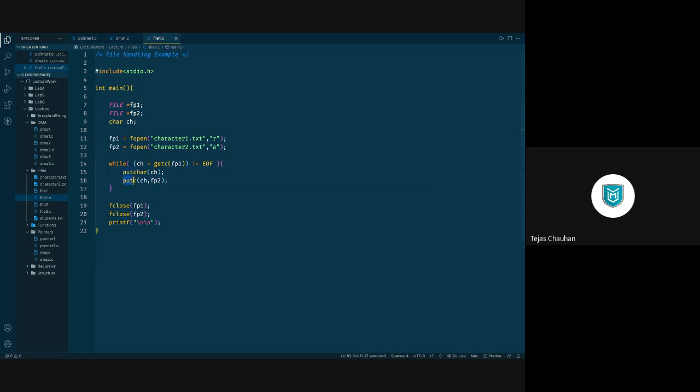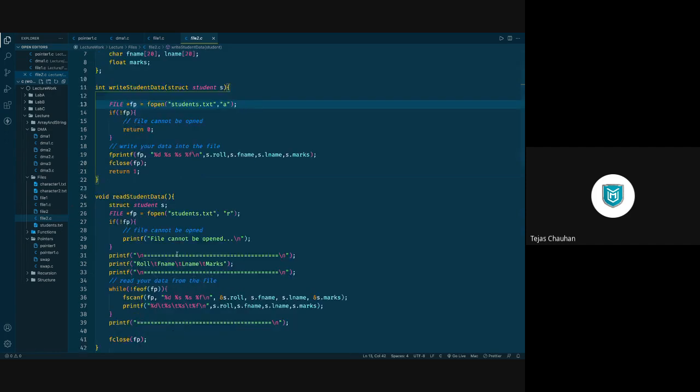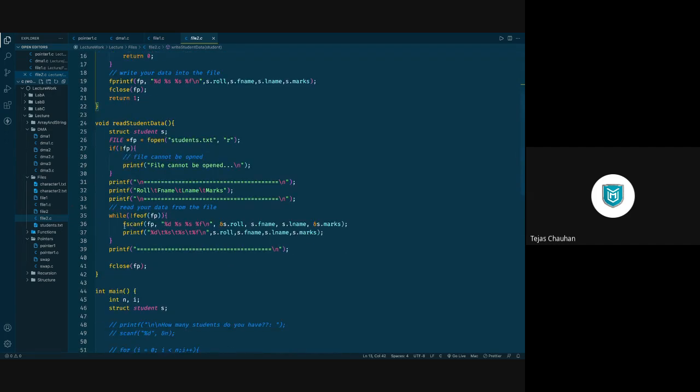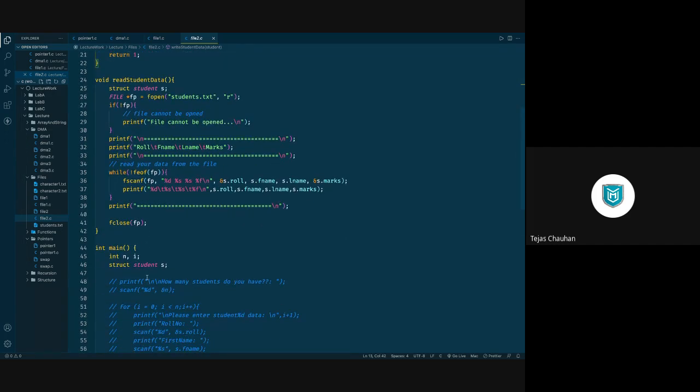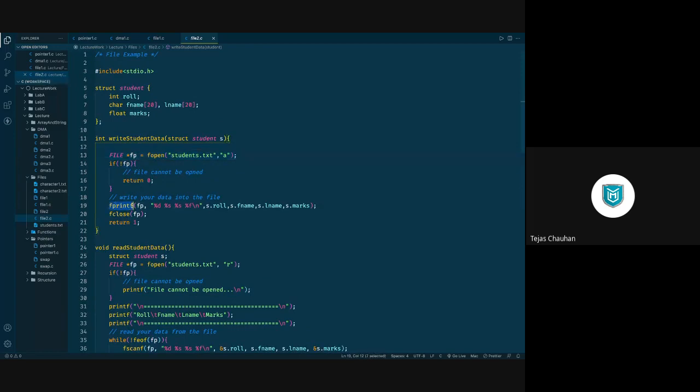Instead of putc, if you have the entire string at once, then you may go for puts also. And if you do not want to use putc or puts, you can use fprintf also. Okay, you can use fprintf with %s and give it a string.